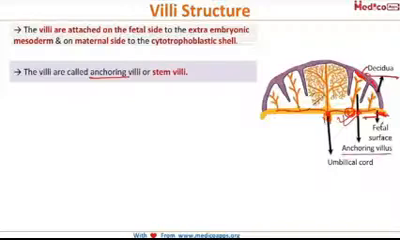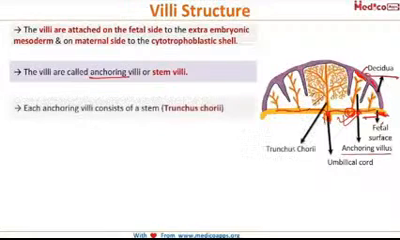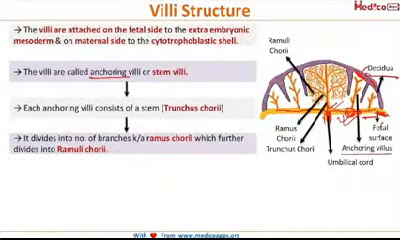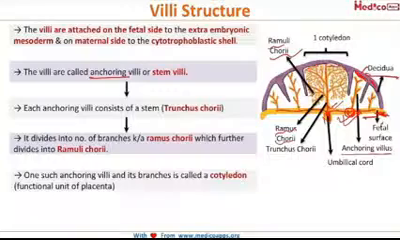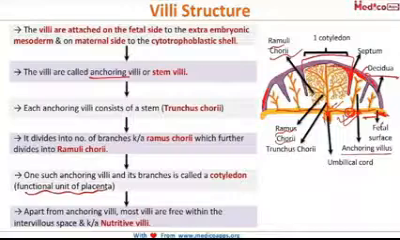Now each anchoring villus consists of a stem which is called truncus chorii, and this divides into a number of branches called rami chorii, which further divide into the ramuli chorii. And one such anchoring villus along with its branches, this complete thing, is called one cotyledon, which is the functional unit of the placenta. And apart from the anchoring villi, most villi are free within the intervillous space and they are called nutritive villi. And there was a question recently asked, what is a cotyledon, and the answer to that question